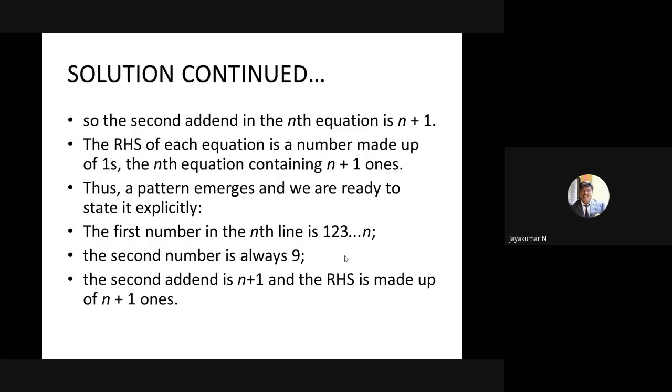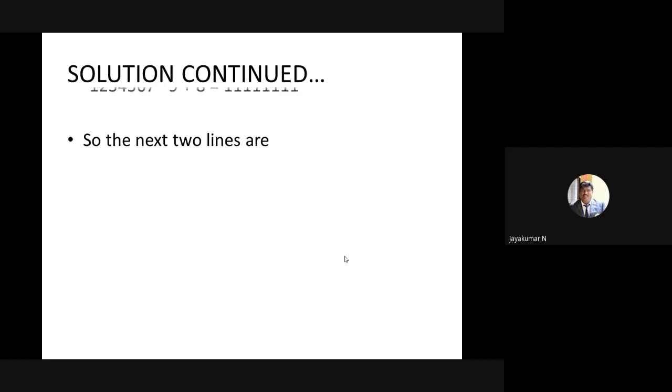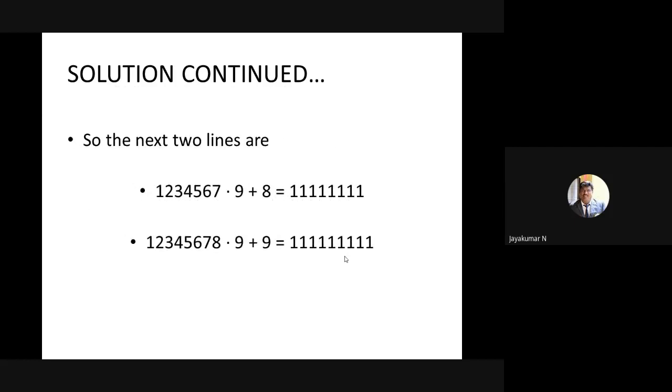Suppose I am asking for the 7th row and 8th row. Sometimes they ask directly for the 11th row and 12th row, and you have to work it out. When you observe the equation, you can directly write the 10th row, 12th row, and so on. So when you observe the pattern in any row, we can easily write it. So the next two lines are obviously 8 ones and 9 ones. It is the simplest problem, but proving the validity is a little bit difficult.